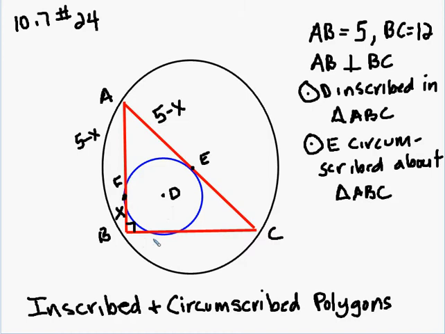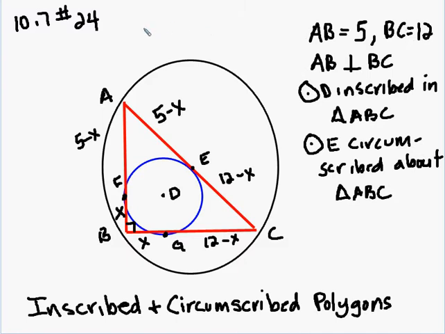Additionally, we know that BC is 12, and we'll call this point G. BG, by the two-tangent theorem, is also going to be X. So GC is going to be 12 minus X, and EC also is going to be 12 minus X. Well, we know that AC is going to be 13 units because one side of a right triangle is 5, another side is 12, so we have our special triple in this particular right triangle, a 5, 12,